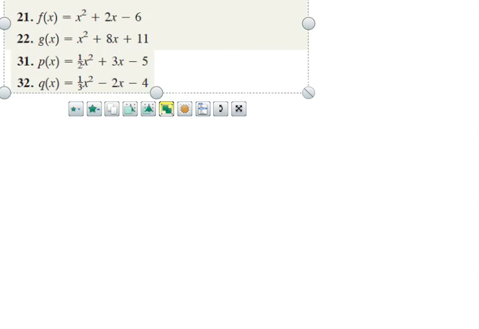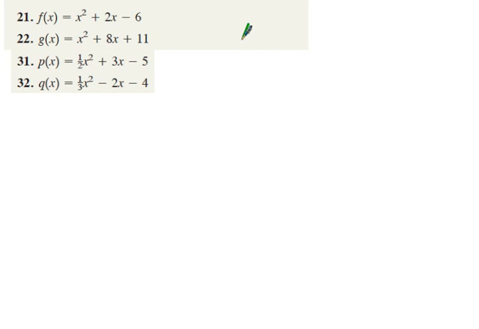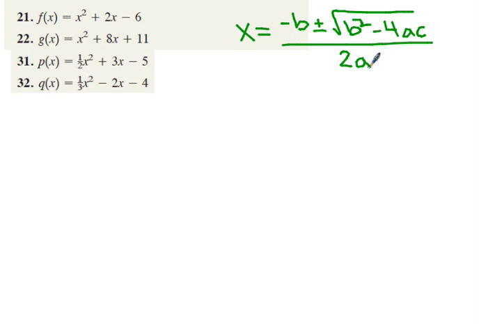Okay, so first of all, we'll recall that our quadratic formula can be written as x equals negative b plus or minus the square root of b squared minus 4ac, all over 2a. We can rewrite this because it's basically 2 fractions with a common denominator. So you can rewrite this as x equals negative b over 2a plus or minus the square root of b squared minus 4ac